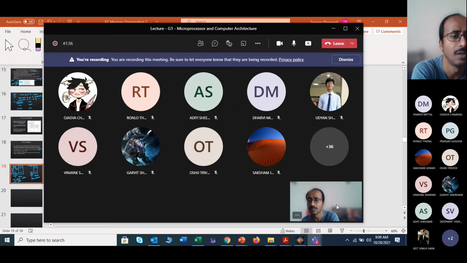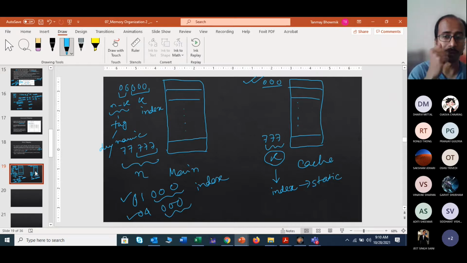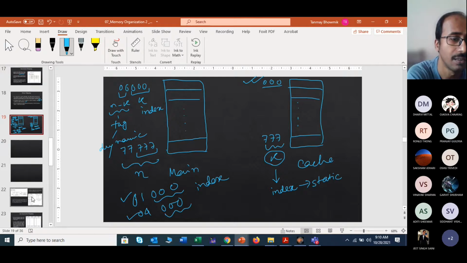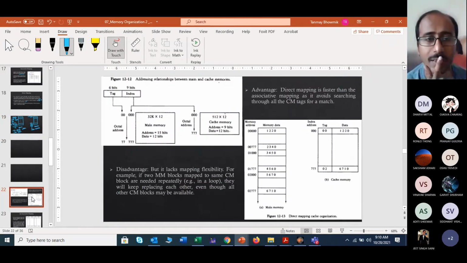Okay, everything is acceptable. Now when we move to this direct mapping part, what were we discussing? Till now we have seen this. Now we will take one example from the book. Here the separation has been done. Initially it was your primary memory with a 6-bit tag and 9-bit index. Why a 9-bit index? I just told you that in your cache there are 9-bit address lines. Just like the example, 2 to the power k, 2 to the power n: k bits of index and n minus k bits of tag. This same concept is being used here.